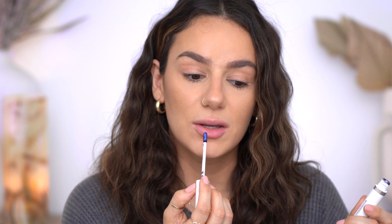It's very important to make sure your lips aren't super dry or you don't have any actual dry skin on the lips, because it will catch to that. So I just made sure my lips were kind of smooth, and make sure you also don't have oils on your lips. So pretty much start with a clean lip and then you put this on, and you can see it is very blue. I'm gonna need a close-up mirror and